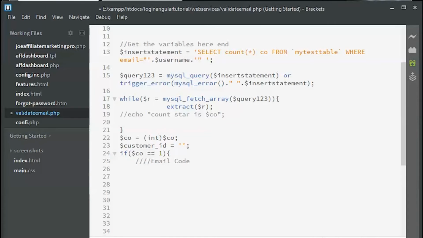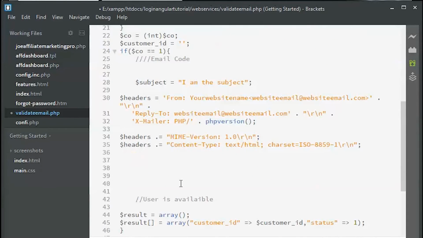Here we have the subject and the headers, okay. I'm just going to copy paste this from my previous project, the project I had created previously. So this is the email format, okay. So here this is the subject of the email.